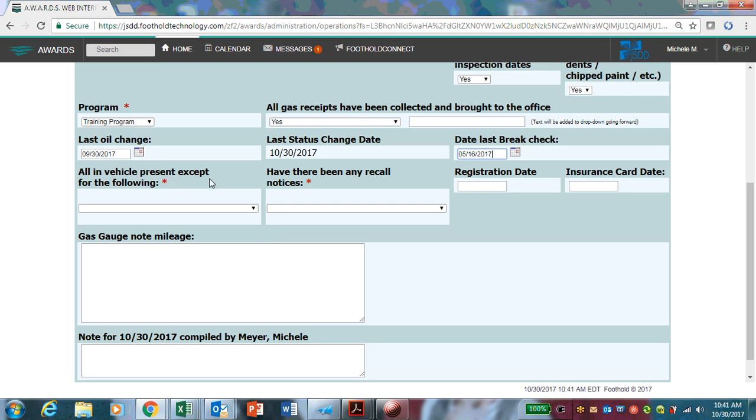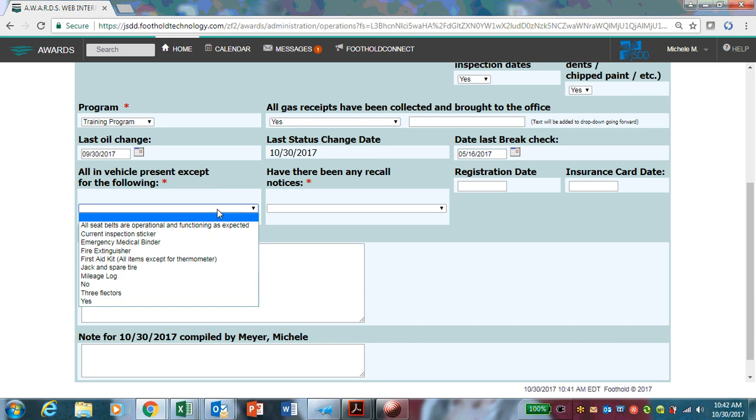All in vehicle present except for the following. Okay. So if there's anything missing, you're documenting what's not there. If there's something that's not working, right? So all seatbelts are operational and functioning as expected. So if you click that, that means that they're not. Current inspection sticker, emergency medical binder is missing, fire extinguisher is missing, first aid kit is missing,